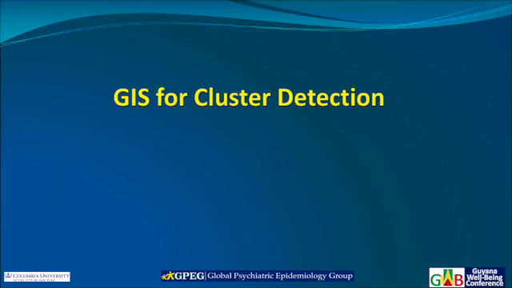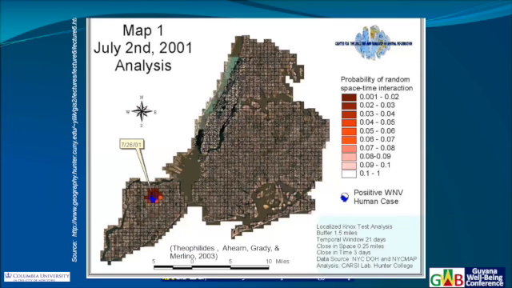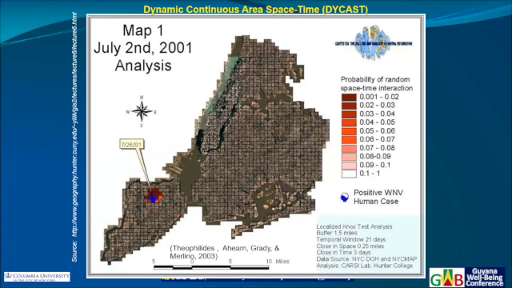Okay, now, so what's the next level? Let's talk about cluster detection. In New York City, they used it to identify clusters of West Nile virus. They ran a system. Every day they were collecting the number of dead crows found all over New York City. People were calling it in, reporting it, much like a surveillance system. If you think about it, with texting, you can call it in as well. And every day the system ran a space-time analysis to identify if the dead crows were too close in space and time to just be due to randomness.